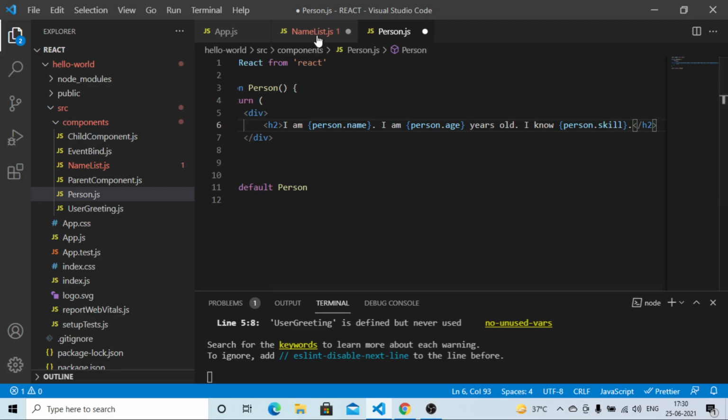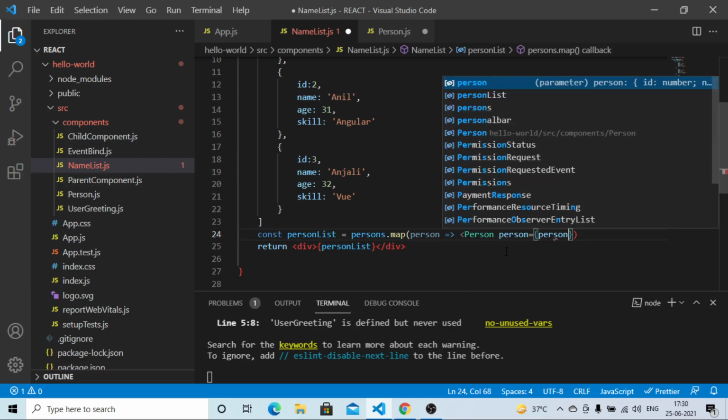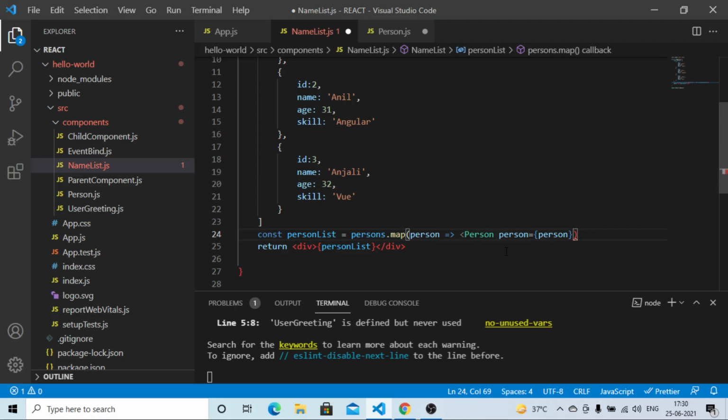That's why we have to pass the data, name, age and skill, from the name list component to the person component. So we have to pass this data down as props. So person will be equal to person, and now we have to close this.